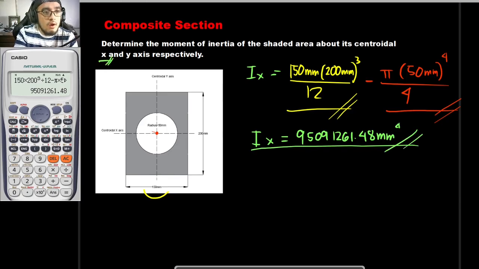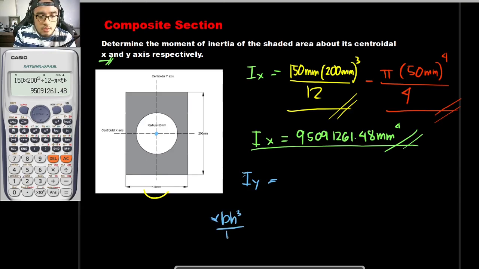Now let's solve for Iy. For Iy, let's just denote it with this blue color right here. So Iy is equal to, the same approach as with this one. And once again, we wouldn't be needing the transfer formula since the moment of inertia about the y-axis is to be here, and its axis coincides with the centroidal axis of the whole section. So Iy, that is to be equal to, once again,